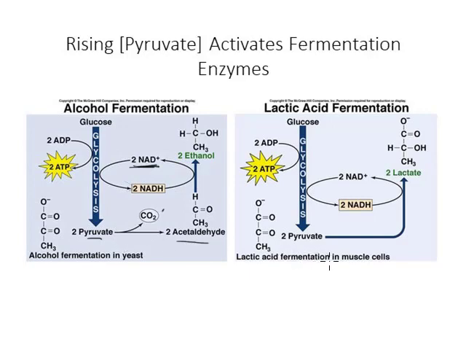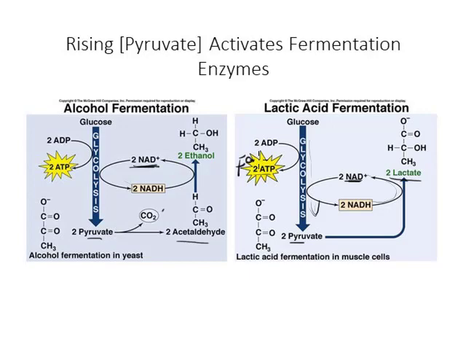In organisms like animals and some bacteria, lactic acid fermentation takes place instead, and we see pyruvate being reduced to form lactate. And again, this reduction is linked to the oxidation of NADH back to NAD+, providing the essential coenzyme required for glycolysis to continue. So under conditions when mitochondrial ATP production isn't meeting the needs of the cell because oxygen is limiting or energy demands are just too high,